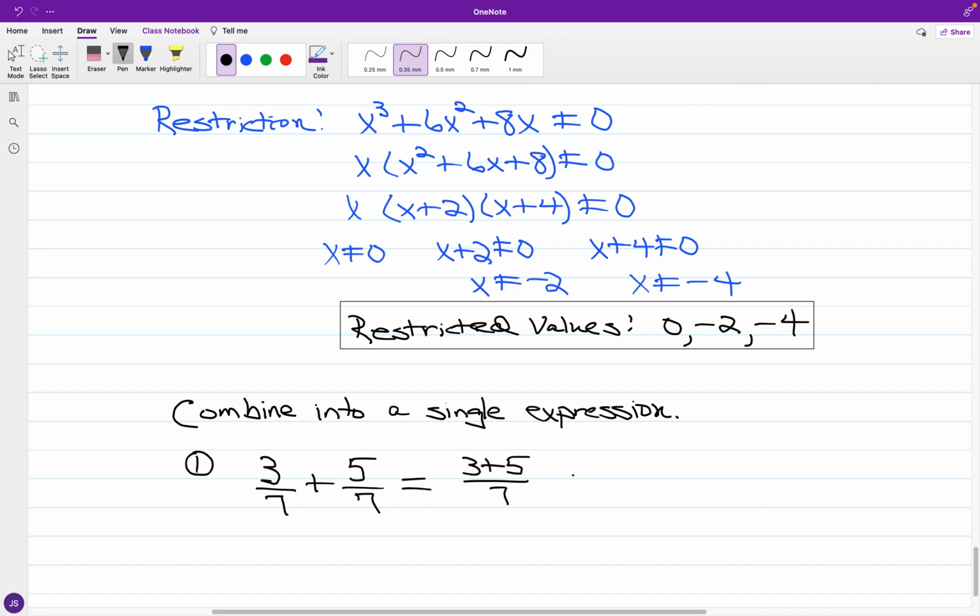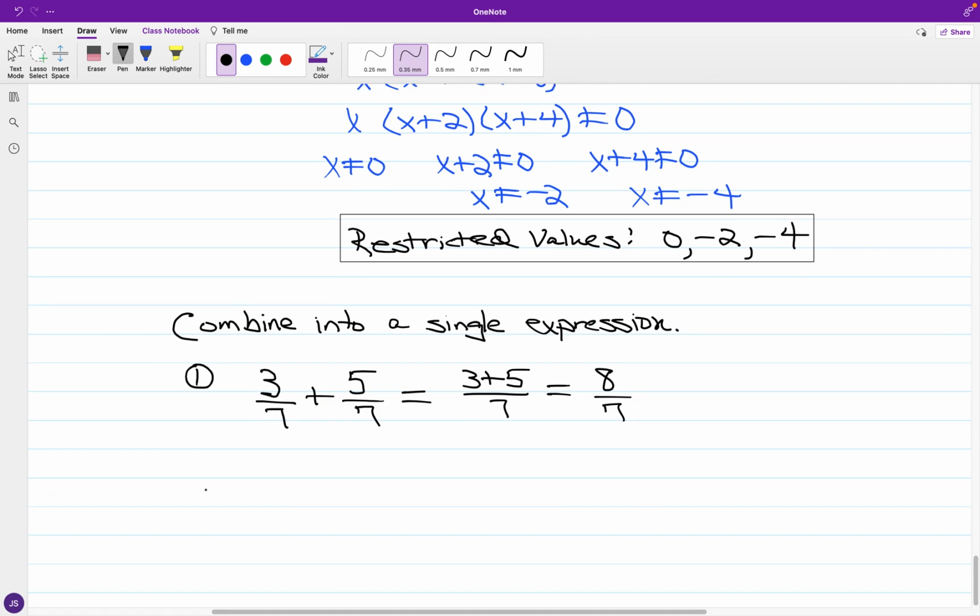And so you can combine the numerators. So 3 sevenths plus 5 sevenths, you say it was 3 plus 5 over 7. So this will come out to 8 sevenths. All right. And let's say that